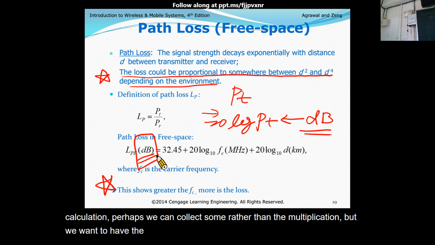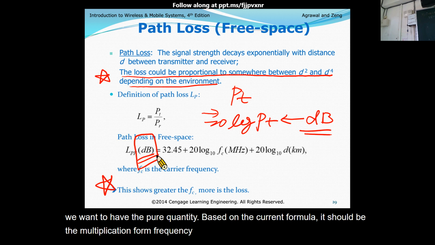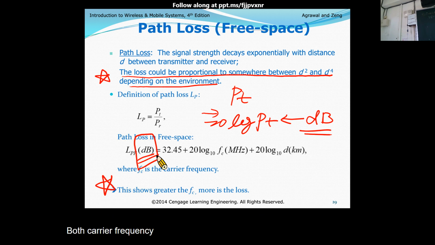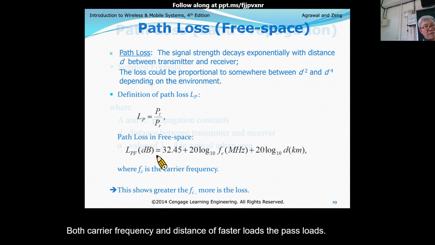Based on the current formula, it should be the multiplication of frequency and the distance simultaneously. So both carrier frequency and distance affect the path loss. So I emphasize dB